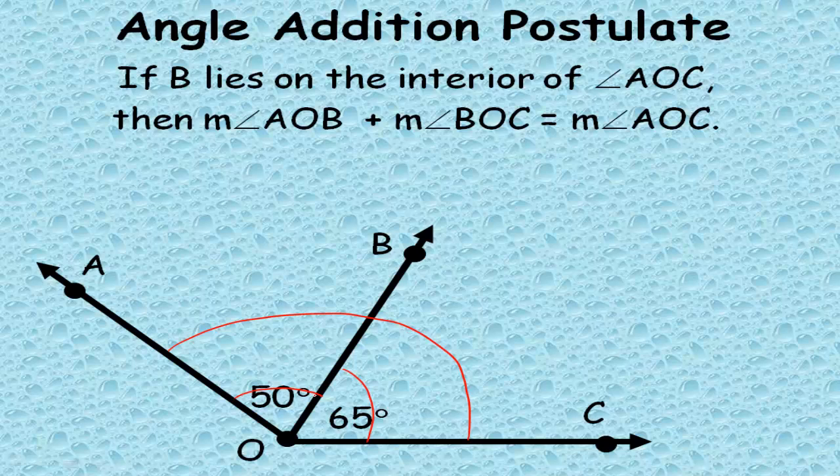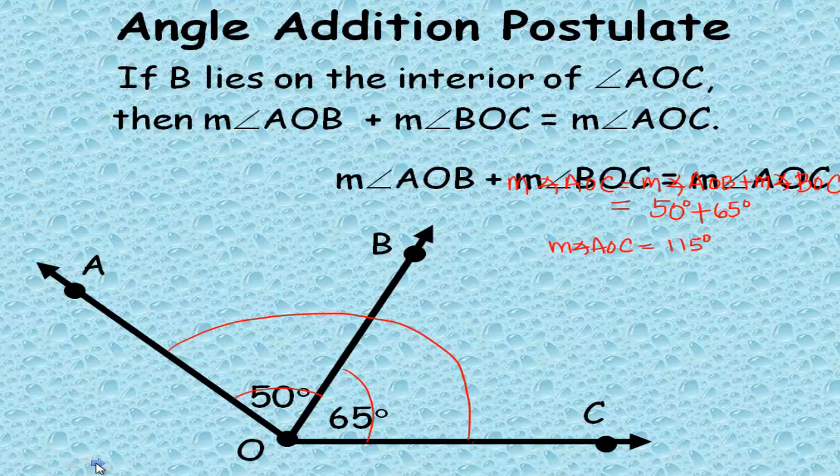So if this angle measures 50 and this one measures 65, then the whole thing will measure how much? We use the angle addition postulate, which says that the measure of angle AOC is equal to the measure of angle AOB plus the measure of angle BOC. And we can substitute the values. The measure of angle AOC will equal 50 degrees plus the measure of angle BOC, which is 65 degrees. That means that the measure of angle AOC, or the big angle, is going to equal 115 degrees